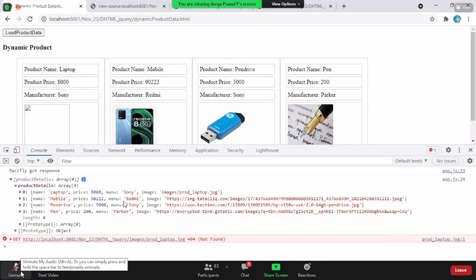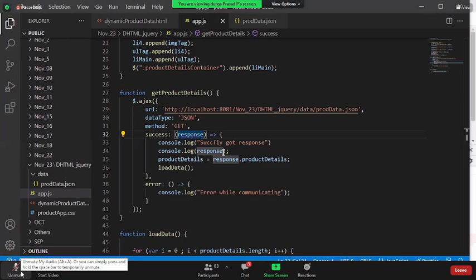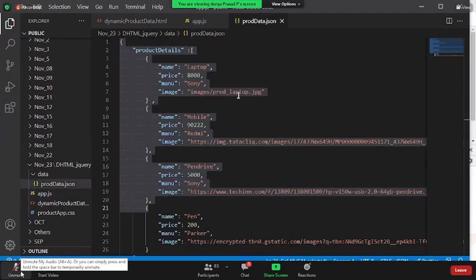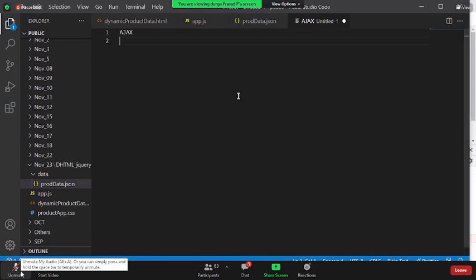Come on, guys. More questions. What is the full form of Ajax? Asynchronous JavaScript and XML. Anyway, I need to elaborate on that also. Ajax is asynchronous JavaScript and XML. What do you mean by asynchronous? Anyway, I will explain each and every step: what is asynchronous, what is synchronous, what is XML, why not JSON, etc. Those things I will discuss. But just to answer your question, this is the full form.